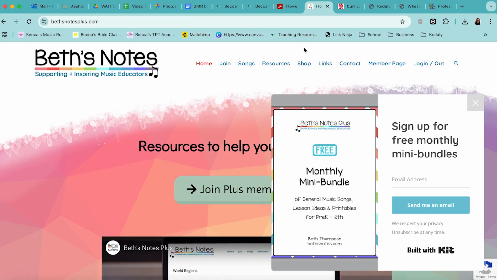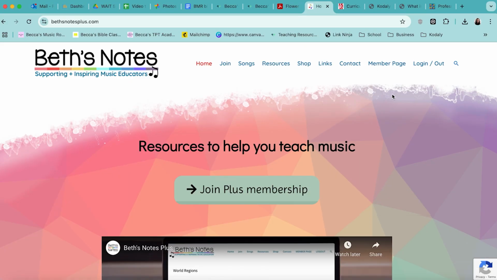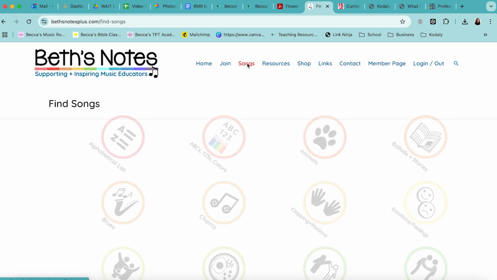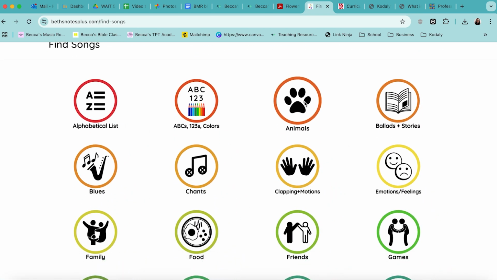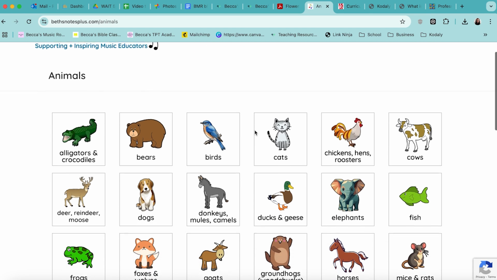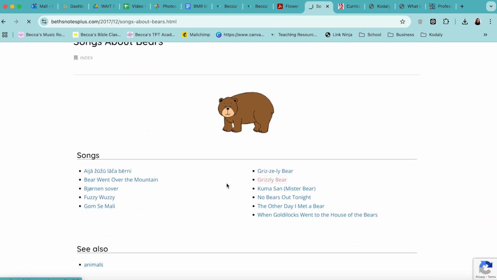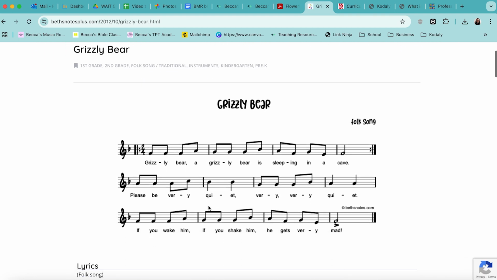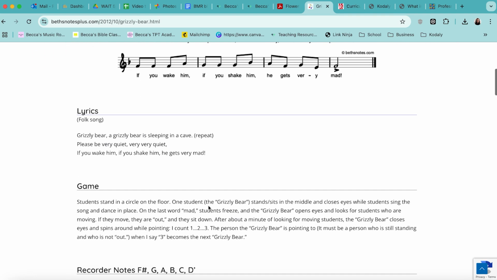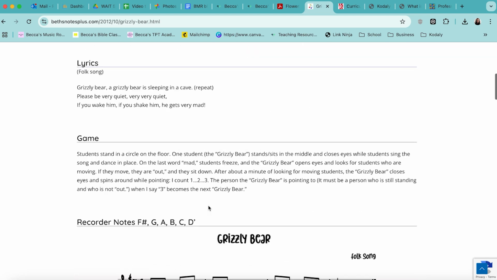Number two, other places you can get free resources. Best Music Notes. I love this website. I use it a lot when I'm looking for songs particularly. Best Music Notes has a ton of songs, and what I like about this is you can search by different things. I can search by concept, like things that have half notes in them, or I can search by countries, or by themes, like ocean songs or patriotic songs, and it has just such a good library of folk songs that you can get access to, and it's super helpful. Some of them have games or activities to go with them, not all of them do,